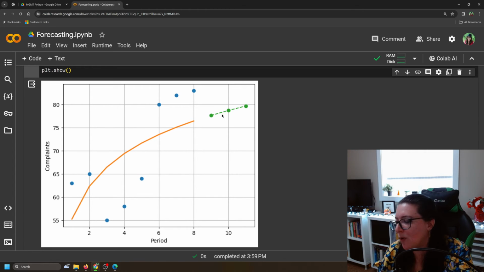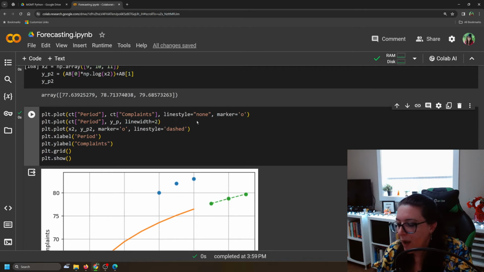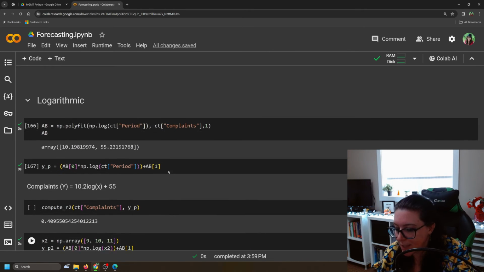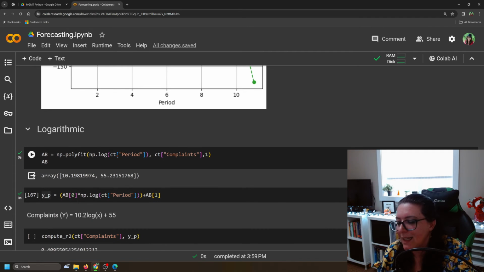You can see that it's forecasting these three values for the future. So a logarithmic function doesn't really represent our complaint data, but it might be that it fits the data that you are doing. In which case you can use the same code just as we did. The difference is the CT period is going to be your column of time,